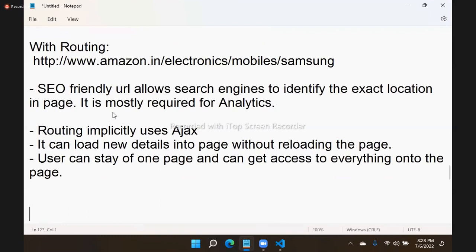That means I have a home page, from home page to login, from login to success. You need to navigate from one page to another. Now the user will stay on only one page and can access everything on that page. That is possible with the help of routing. That is actually